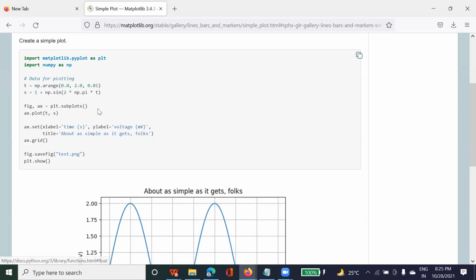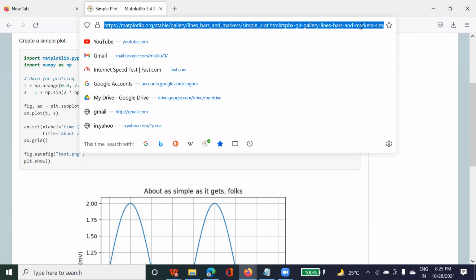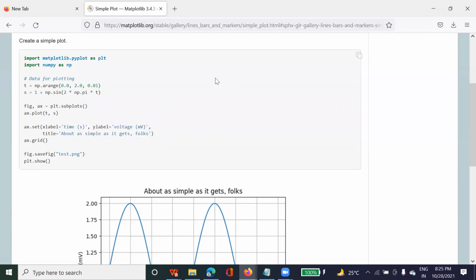I'm just telling you, when you want to draw a graph between two variables and you have to perform some mathematical operation, how you are going to do that. So in that case, it's according to the data we are provided. The company will say you have to draw this graph, and this is the data. They will give you an Excel sheet where the T and S variables will be there. You just have to call those T and S variables and draw it. Title, X label and Y label you can give based on requirement.